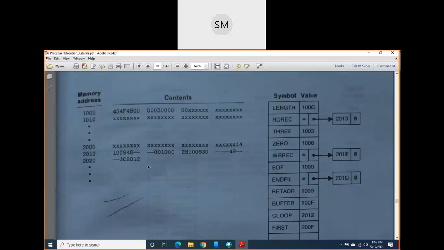In this diagram we have written the memory addresses in this column, then we keep on listing the object codes here. Wherever an operand or symbol is undefined, we mark it as a dash, but we just write the opcode of that instruction. For the operand we make it undefined by putting a dash here.